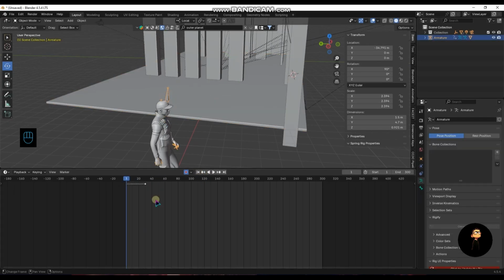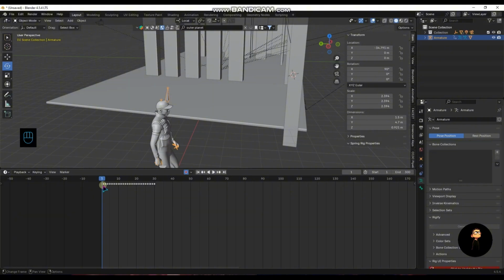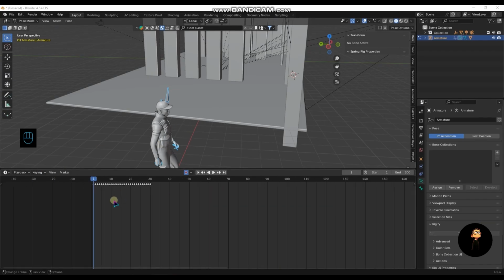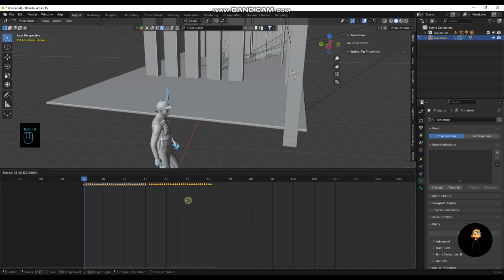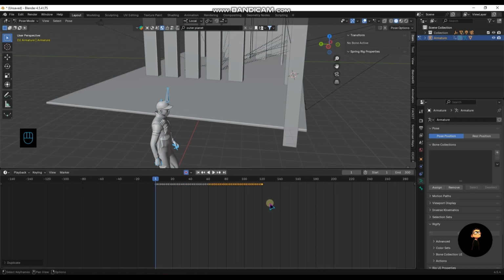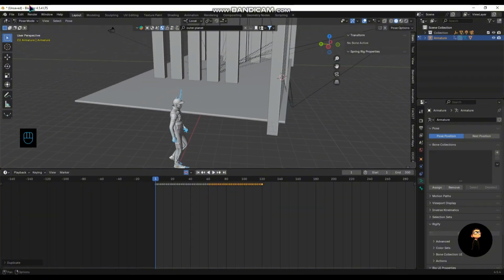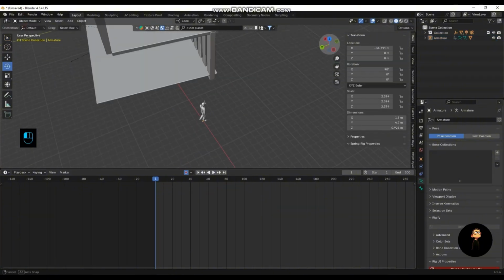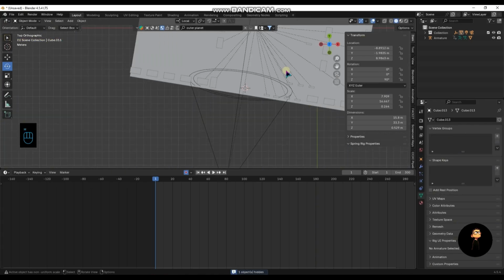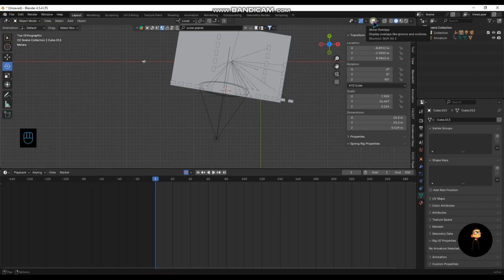But now you can click on this setting now, and then we can go to the pose mode setting now. Okay, and press A to select that fully, and then press Shift D to duplicate it to the other side now, and then press A to fully select that and duplicate this keyframe now. Okay, so here in this setting now you can just hide them out, and then click on this show overlay to turn it off,